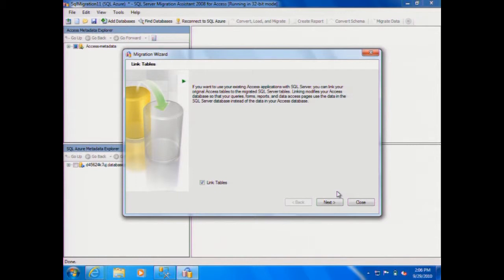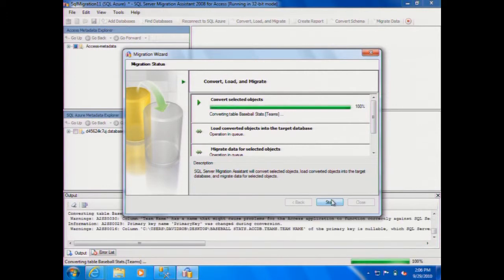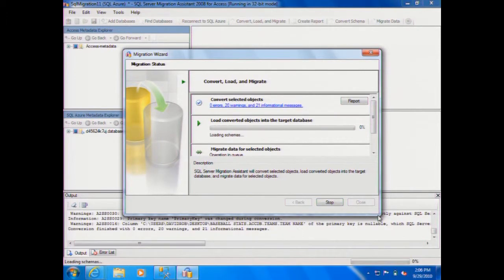So I'm going to go ahead and click next. And what it's doing now is going through all the different database objects. It's going to convert them over, migrate the objects, migrate the data, and update the Access database. And in a moment, once it finishes,